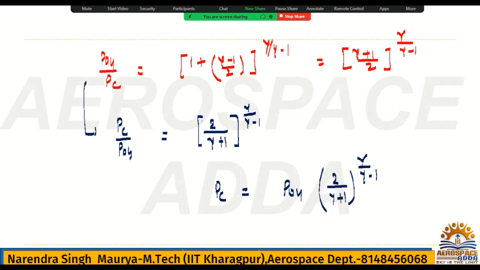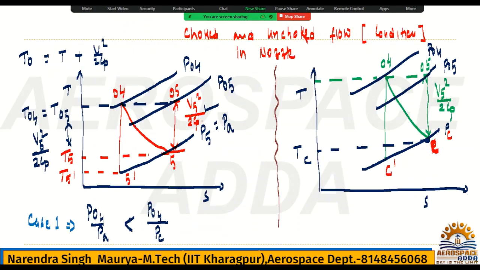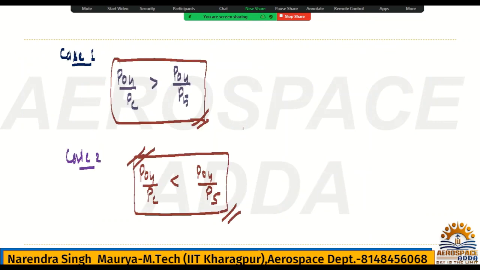Here it is atmospheric condition, okay? See this, it is atmospheric condition, P5 is equal to PA, no doubt about it. But in any situation, if in a statement they change something, then you have to change accordingly. But actually, it is equal to atmospheric value. Okay, there should not be any kind of confusion. It is atmospheric value. Okay, right. So